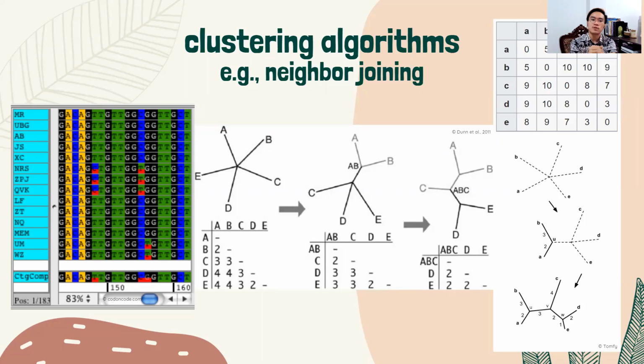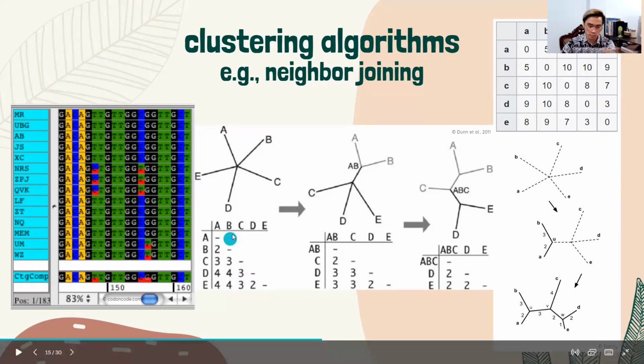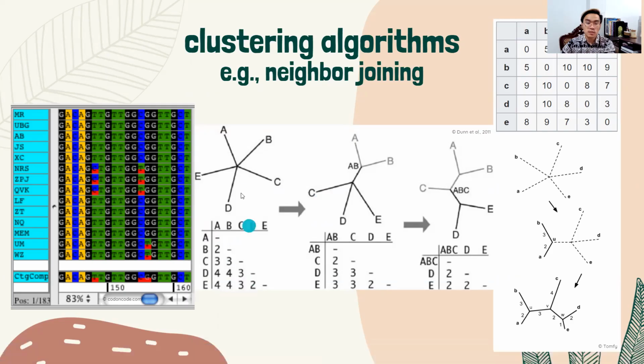Okay, so one example of such clustering algorithm or clustering method is neighbor joining. So what it does is, for example, if you have 5 taxa, taxa A, B, C, D, E, and then you have this genetic distance. So you have these distance units from A to B. You have 2. So again, and so and so forth. Essentially the algorithm starts with no assumption of any grouping yet, meaning they essentially just arise from a common node.